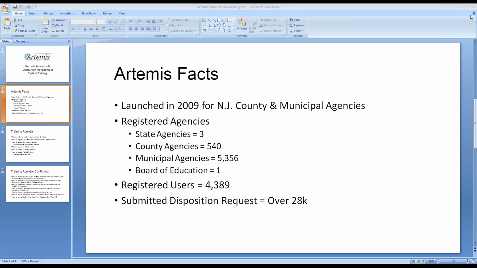That's one of our test departments that we've been testing with for the last several months. We have over 4,300 registered users within the Artemis system, and since 2009, over 28,000 electronic disposition requests have been submitted to the state for destruction of records. So I just wanted to give you some quick facts on that as well.